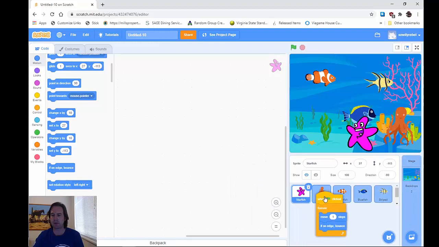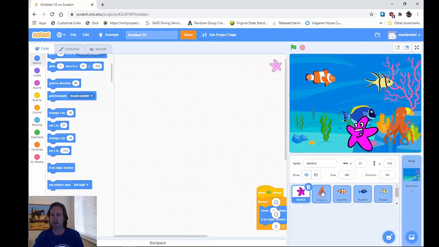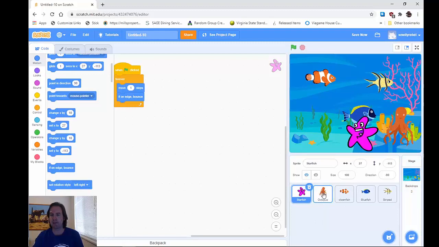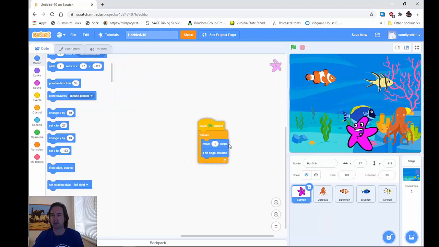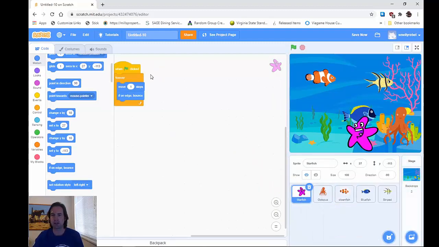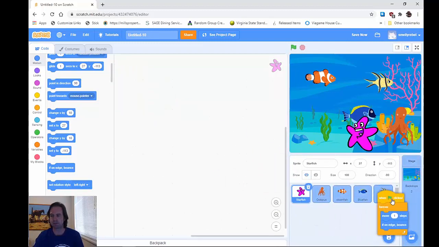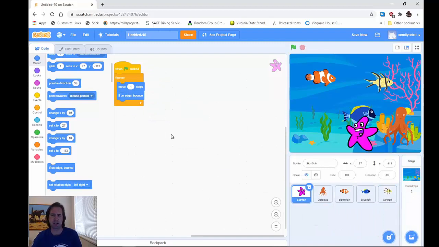So I'm going to drag it over here and on top of whichever sprite I want. And now it's copied into the octopus. Okay? But it still is in the starfish. So it was a copy effect. Then I'm going to do the same thing for the clownfish, the bluefish, and my striped fish. So now each of these has this code. And then what we're going to do for them